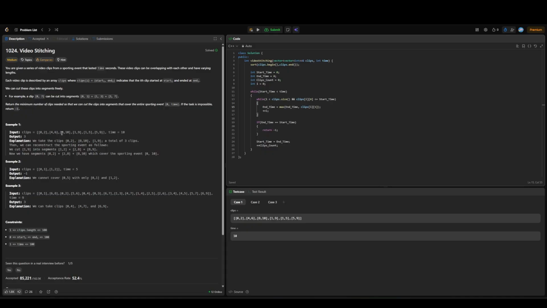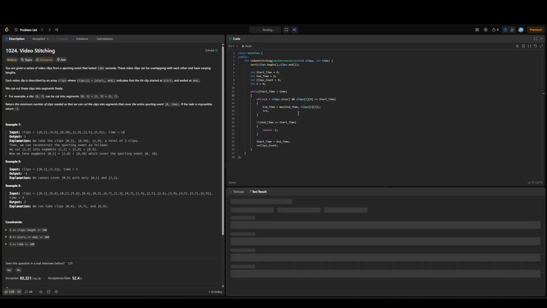And then the next iteration, right, we're going to be looking at these clips, and I'm just going to quickly go through it. 8, 10 would be the last one, and 8, 10 will be the max end time, and the clips count would hit that. And when we go through the loop, obviously 10 is not less than 10, so then the loop will break. So if I run this,